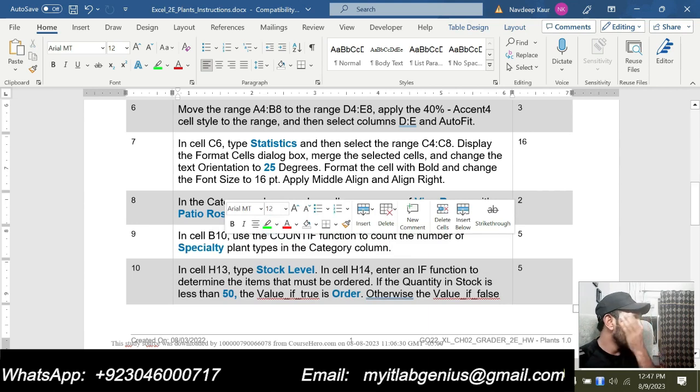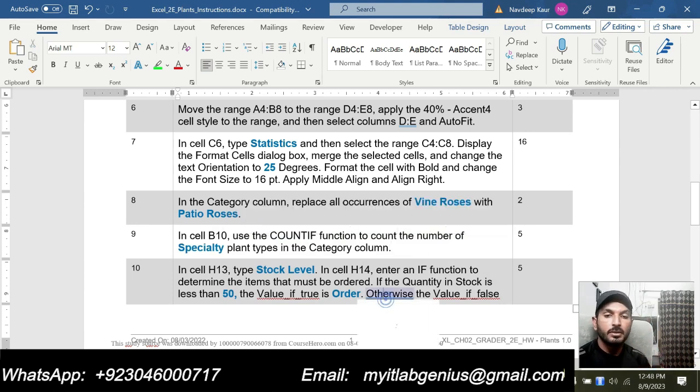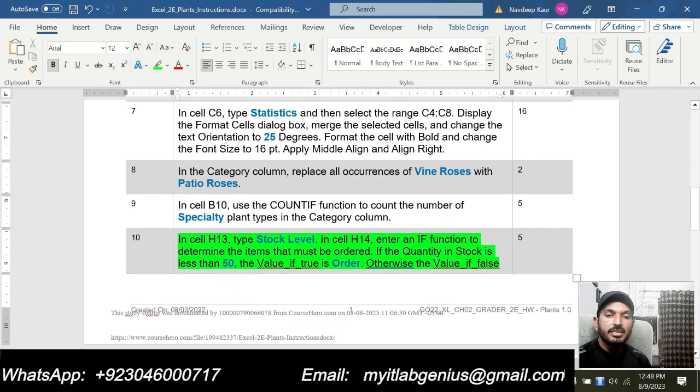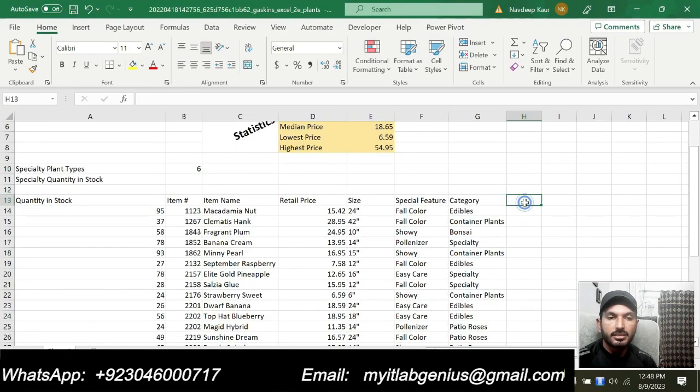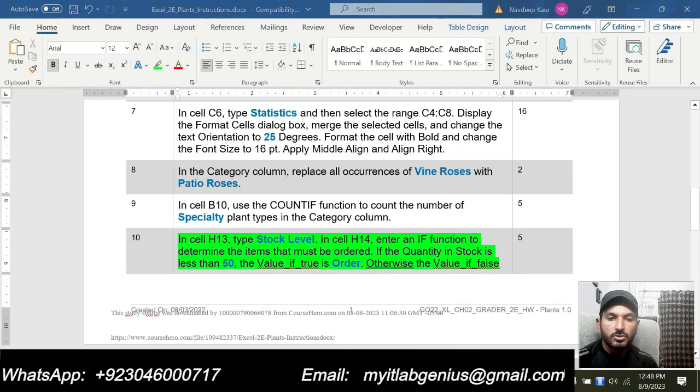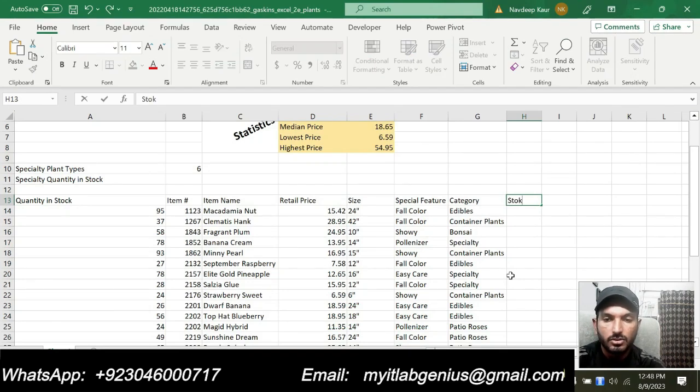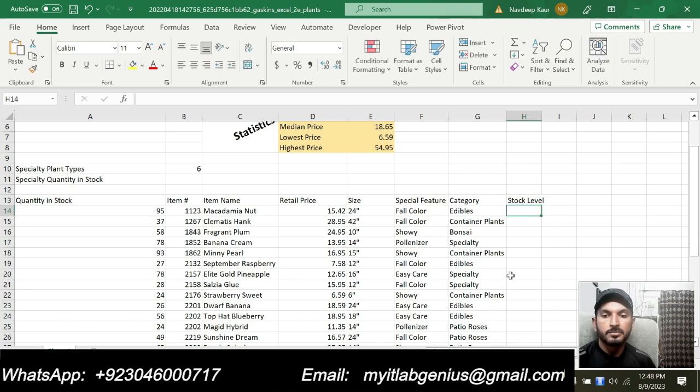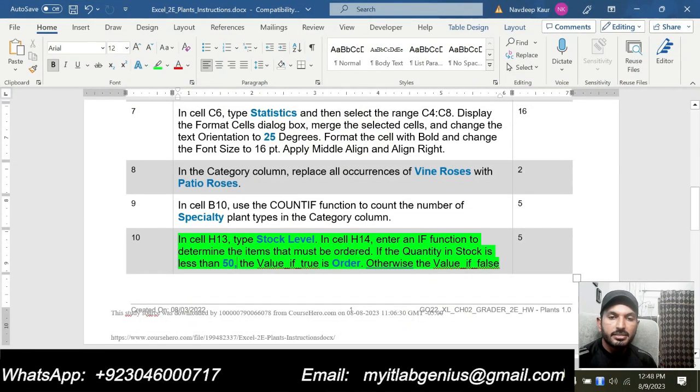Next thing to do is step number 10. And step number 10 is, in cell H13 type stock level. So this is H13 and we are supposed to type stock level. Now, in cell H14, enter an IF function to determine the items that must be ordered if the quantity in the stock is less than 50%.